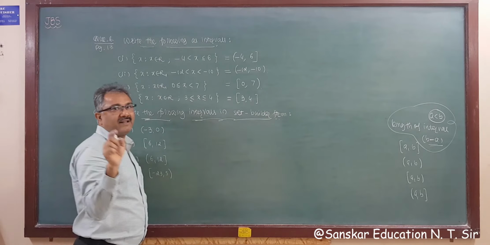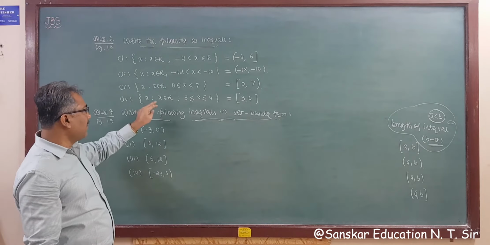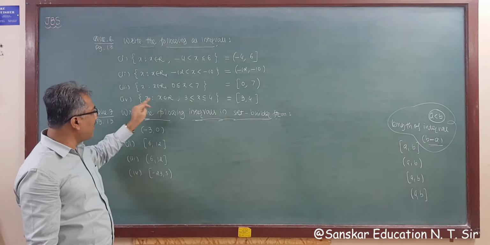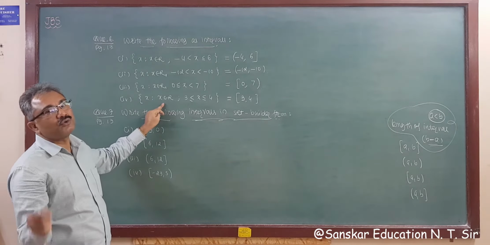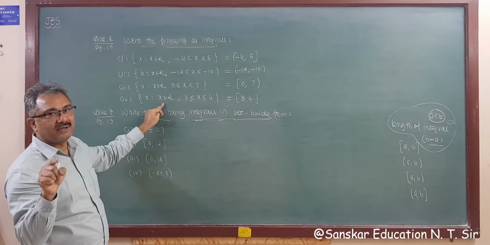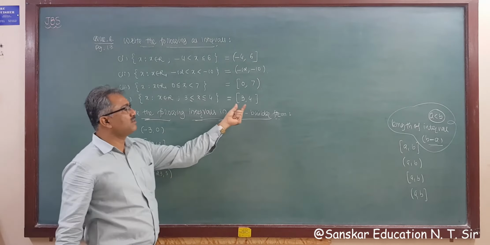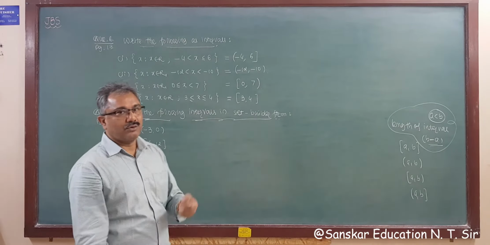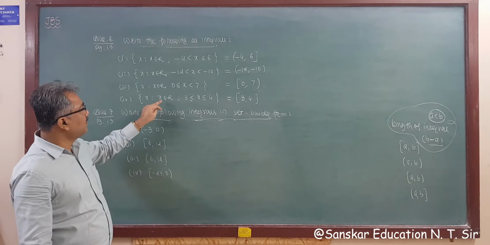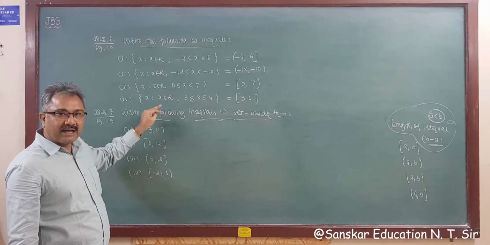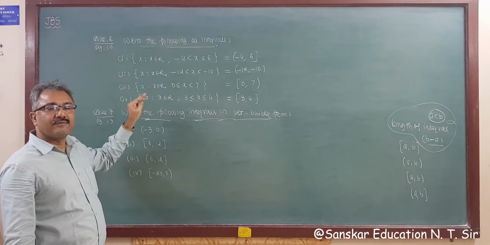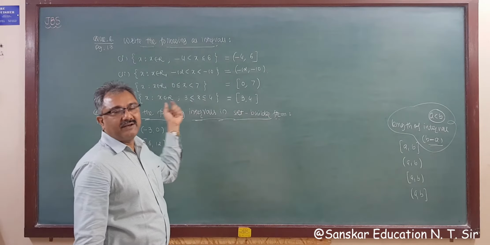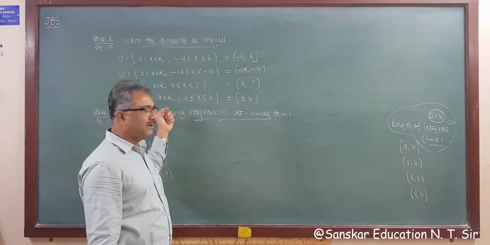And do remember one thing, that in this set builder form you have to express all x belongs to R. That is important, right? So if you write here x belongs to N, then this is not an interval, it becomes just two digits only, right? So it is important to put this type of conditions for representing intervals, right? So an interval is only defined for x belongs to R, right?